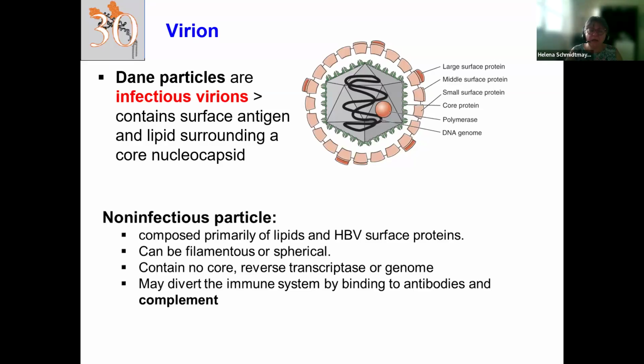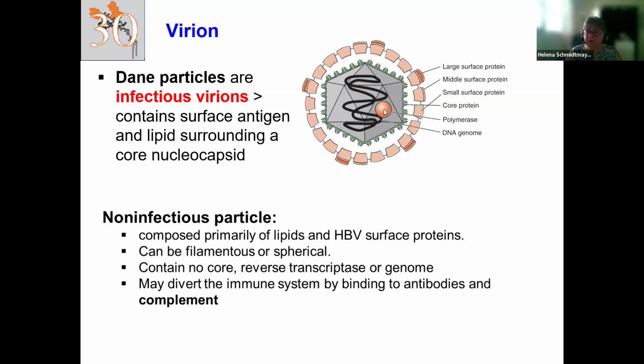We will now discuss in more detail viral structure and replication. The infectious variants consist of the lipid bilayer, the envelope, where the large, middle, and small surface protein are embedded. They play an important role in the binding to target cell receptor. Core proteins form the capsid, which encapsulates a genome, which is partially double-stranded DNA, and there is also reverse transcriptase labeled